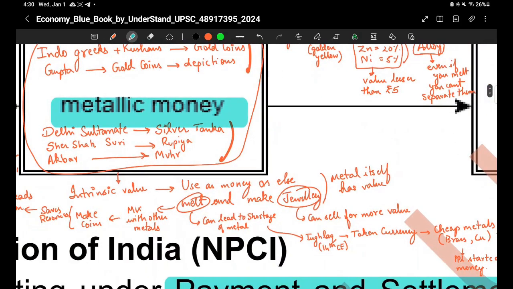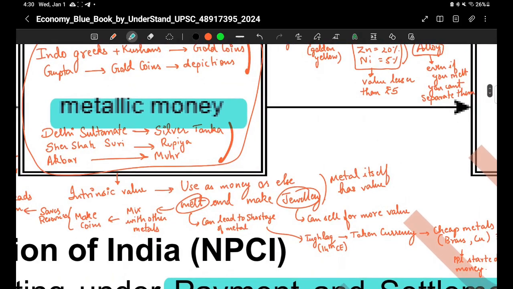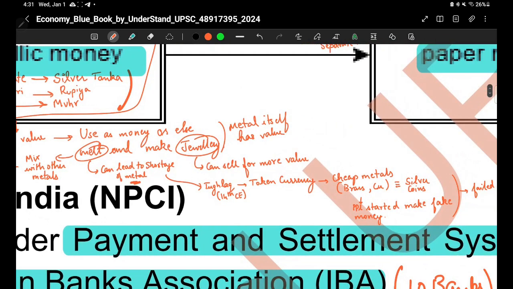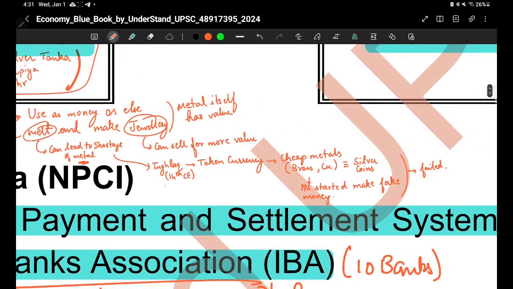But this gold coin and silver coin had a problem. People could melt it, no? So it led to the shortage of the metal in the economy. For example, we see in history that during the 14th century, Tughlaq tried this experiment. Since there was a shortage of gold and silver currency, that gold coins at the time, he invented token